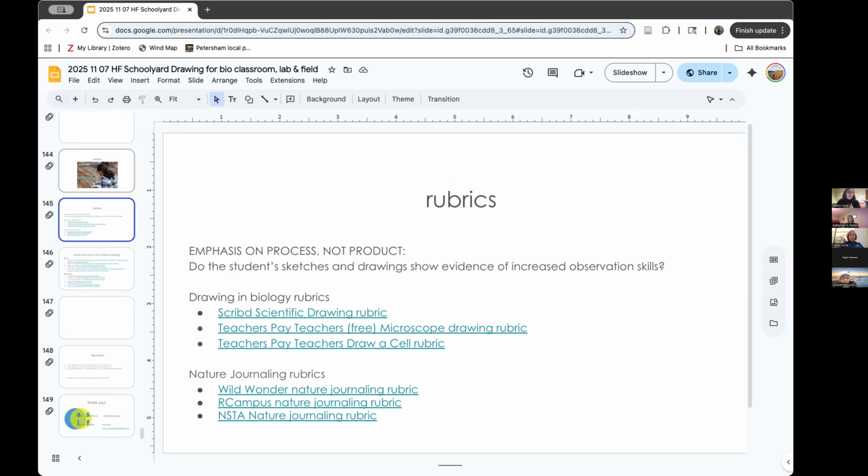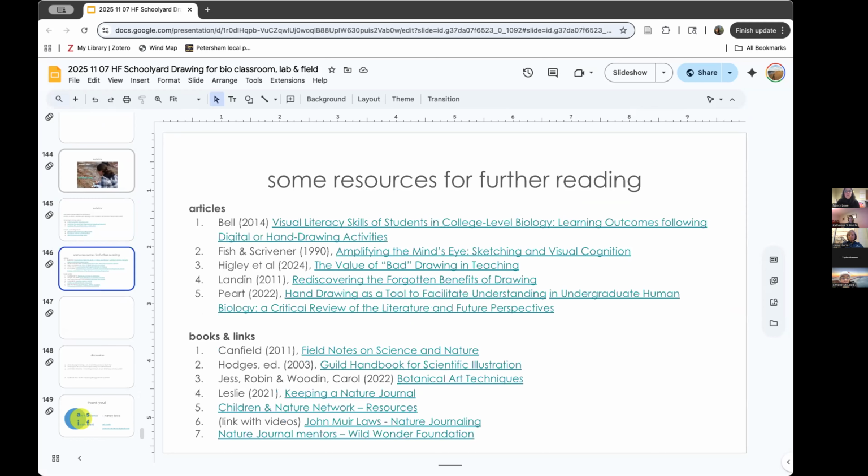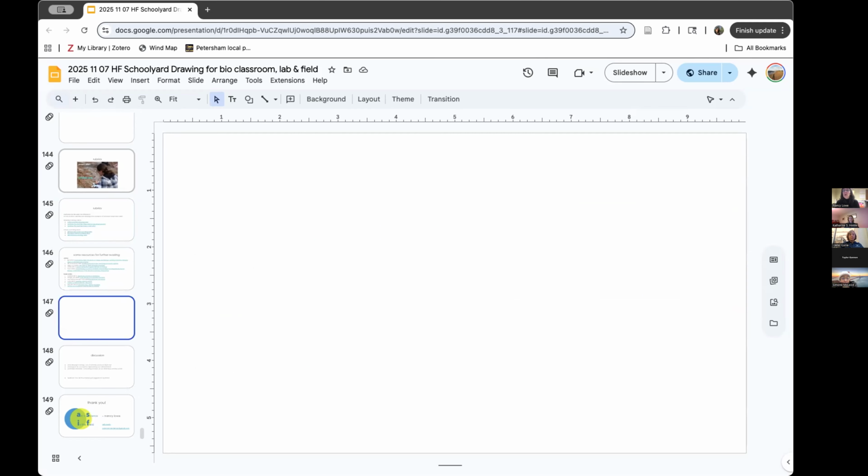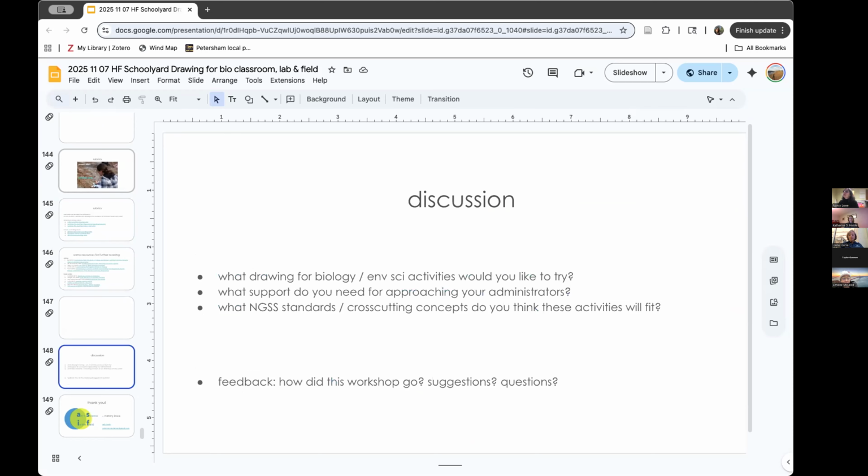And how do you quantify that on a rubric? So those rubrics are sort of helpful as a starting place. And then I've got a bunch of articles which you can link to. But what I really want to do with the last 10 minutes that we have is just to talk about